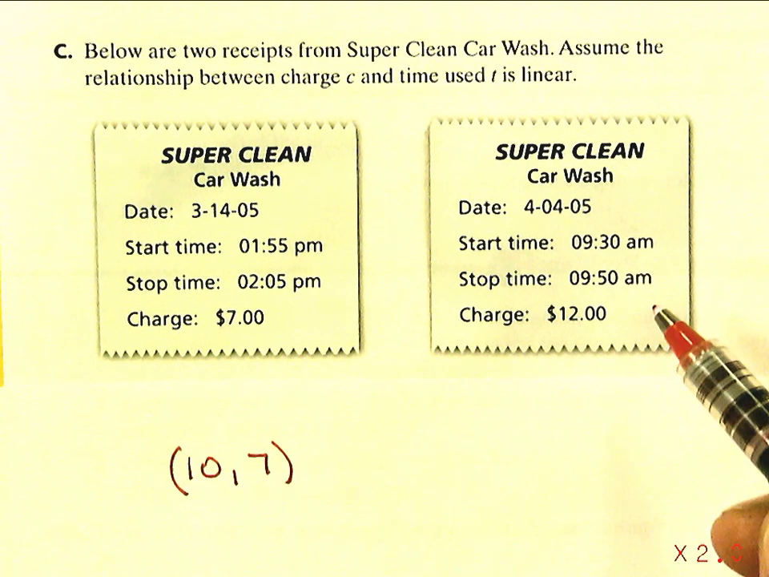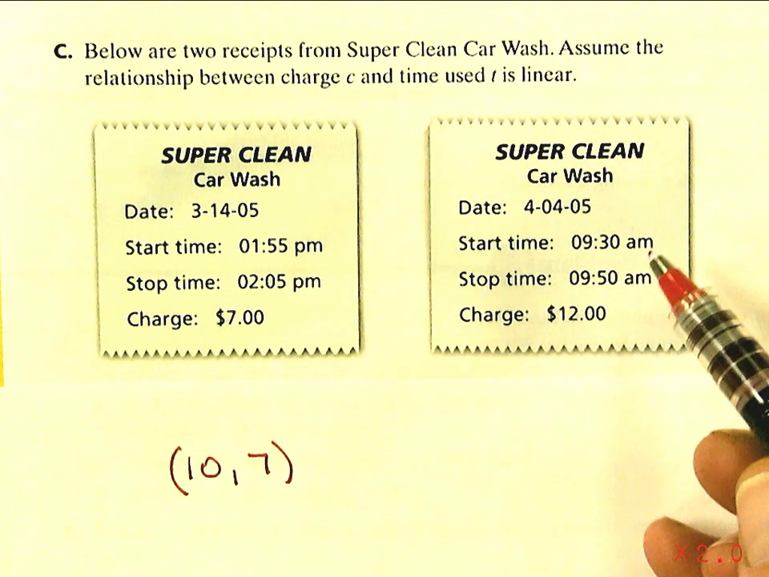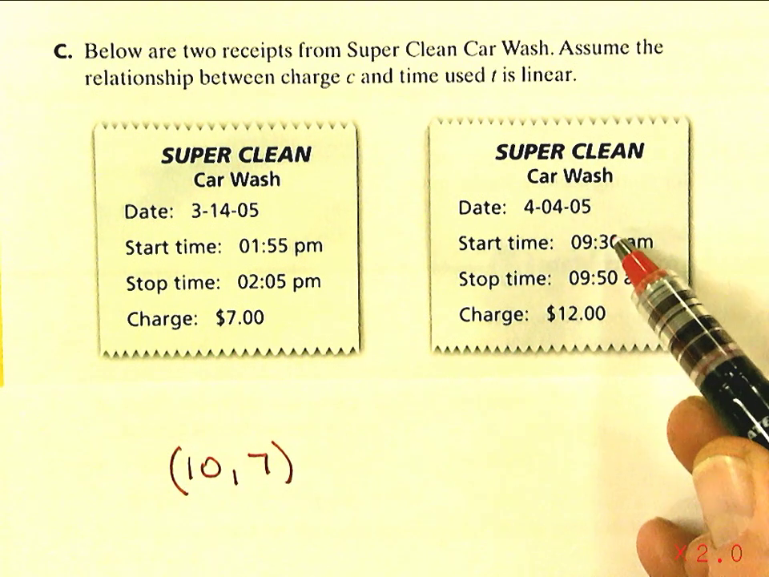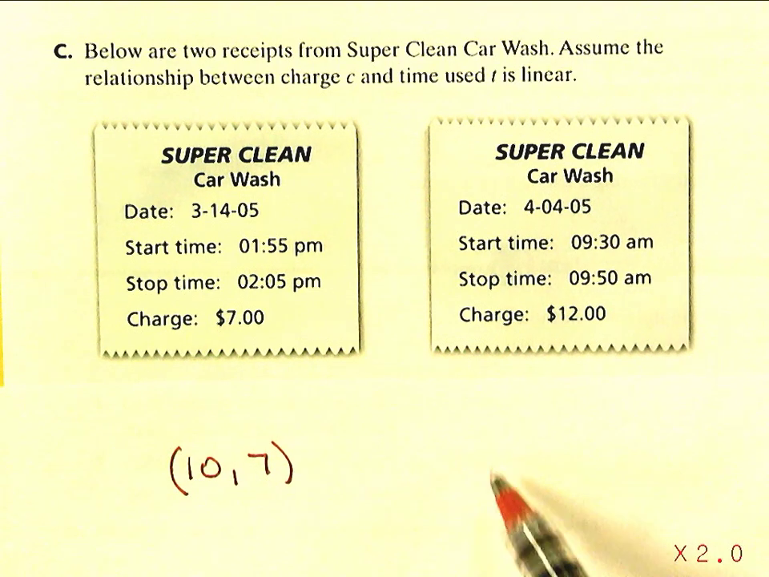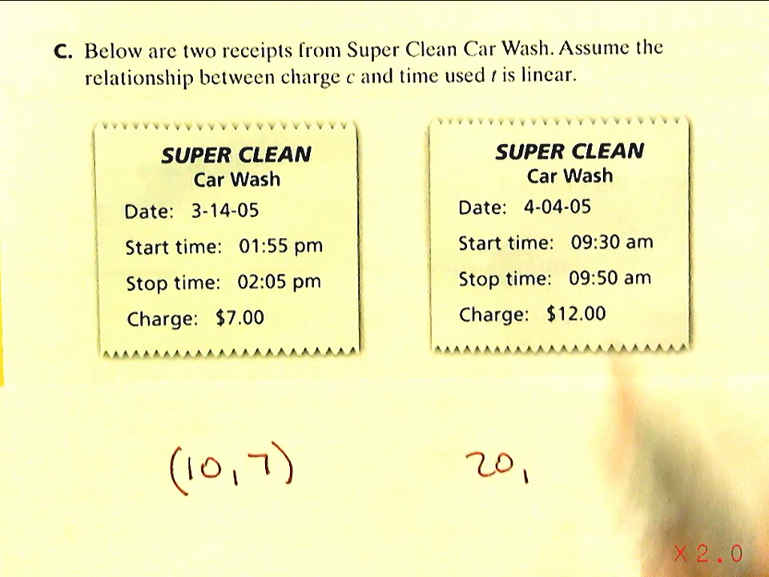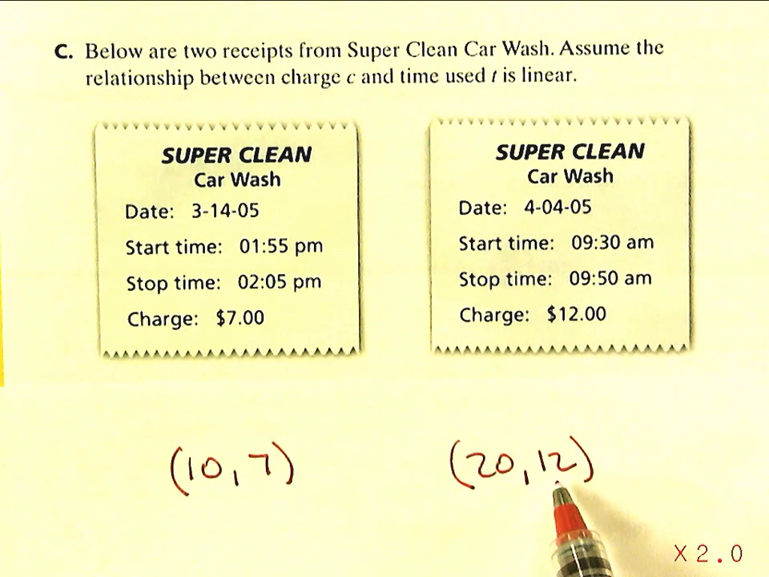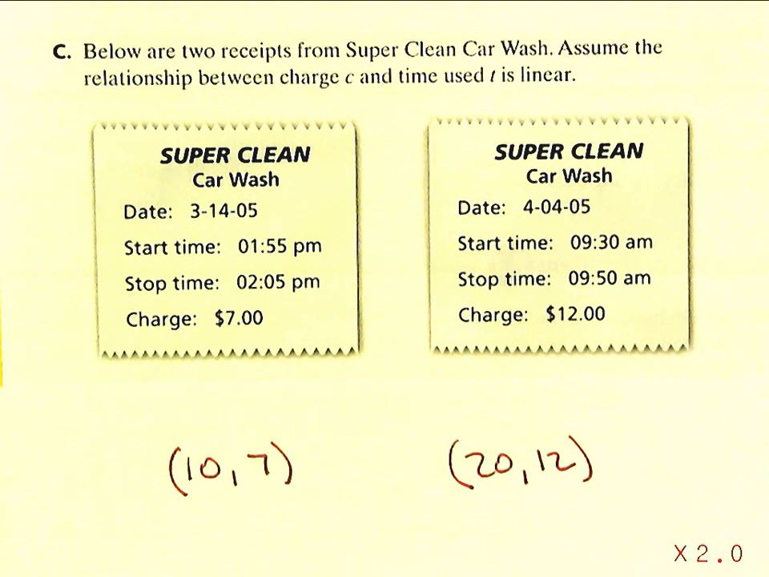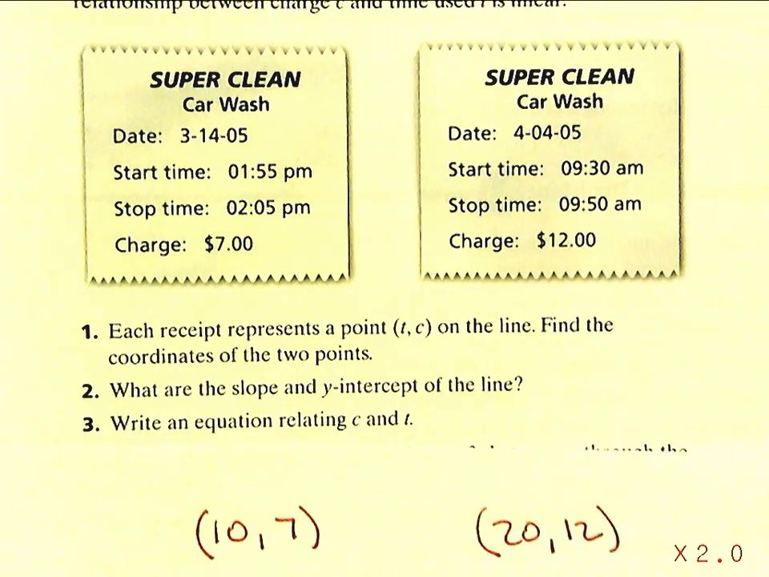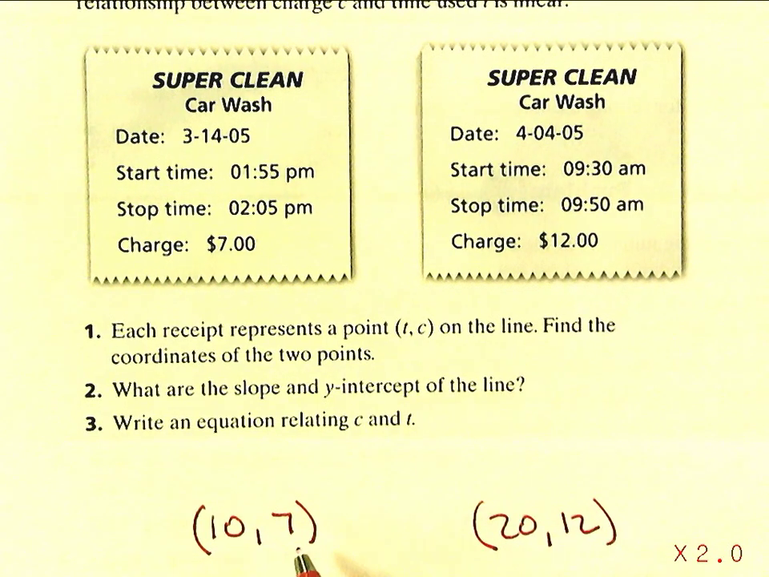If we look at the next one, it looks like 20 minutes, 9:30 to 9:50. So that's our time. Costs $12. So again, here's a point on a coordinate grid, 20 and 12, and 10 and 7 are points on a graph, and we could literally graph those 2 points and draw the line. But we don't really need to do that. We found the coordinates of the 2 points,